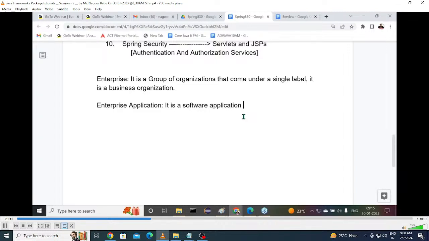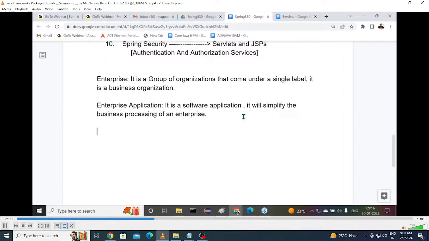It will simplify the business processing of an enterprise. All of you get my point on it?